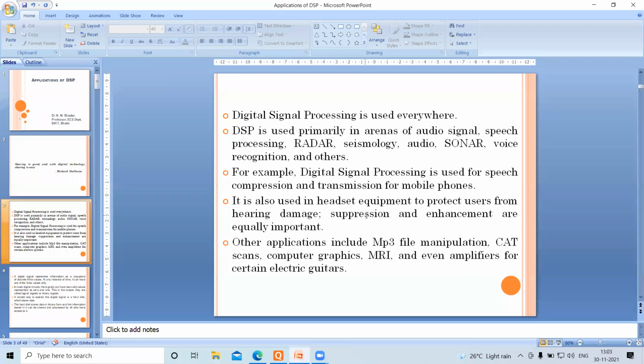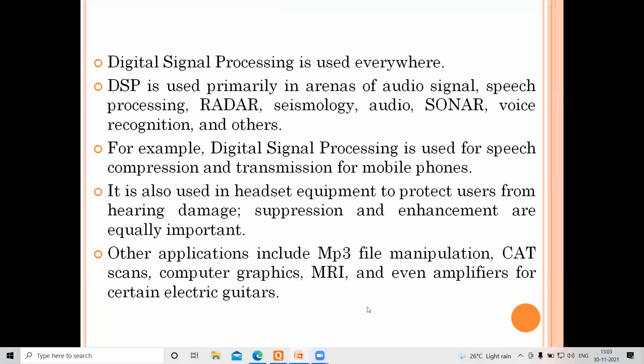Sorry to interrupt you, sir. Will you just make a full screen, full view PPT? Okay. My audio is all right? Yes, now perfect, sir. Okay, thank you. Audio is all right? There is some disturbance in audio. From my side, there is nothing adjacent to me. Okay, no problem, sir. We'll see.